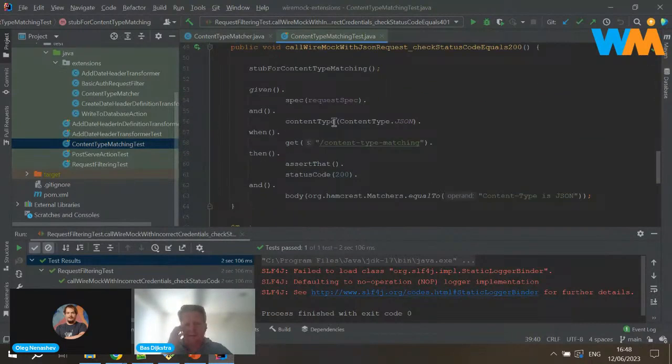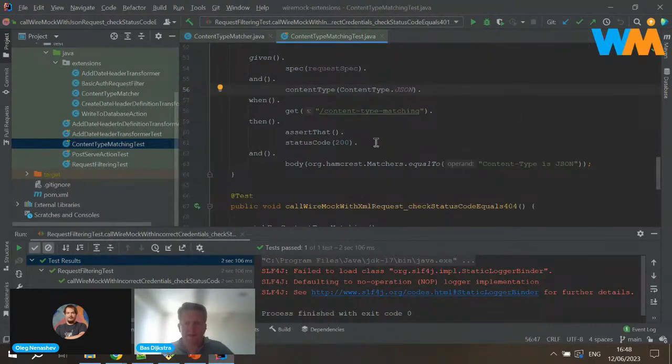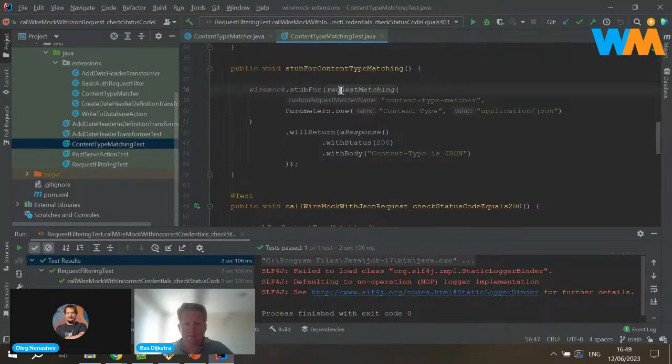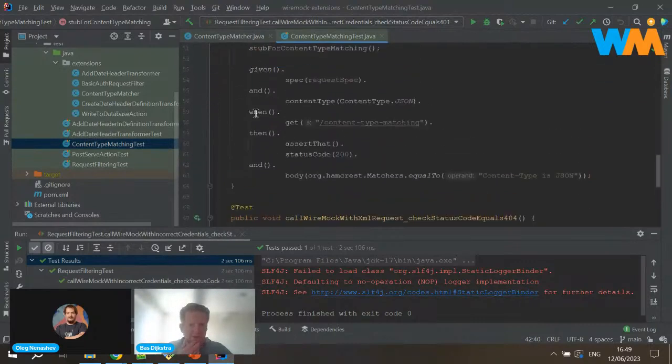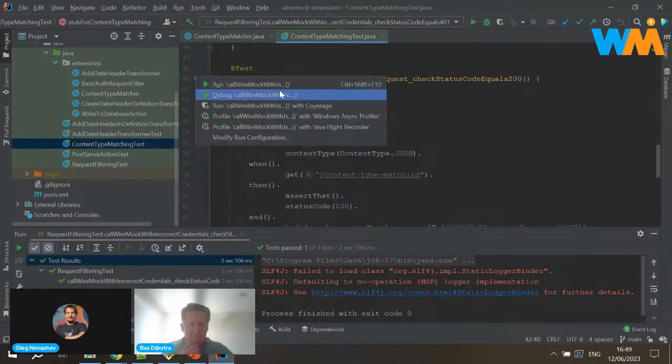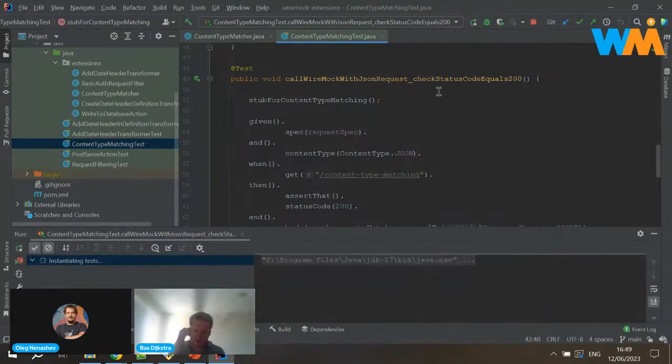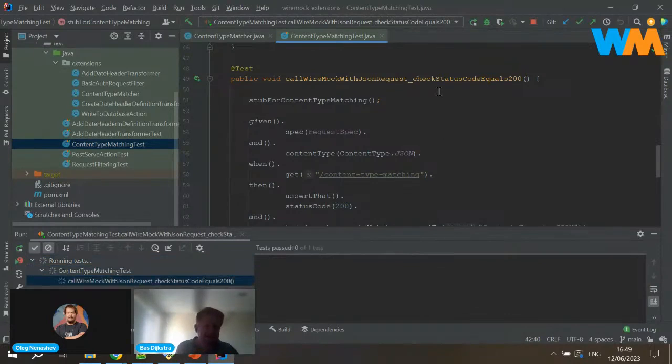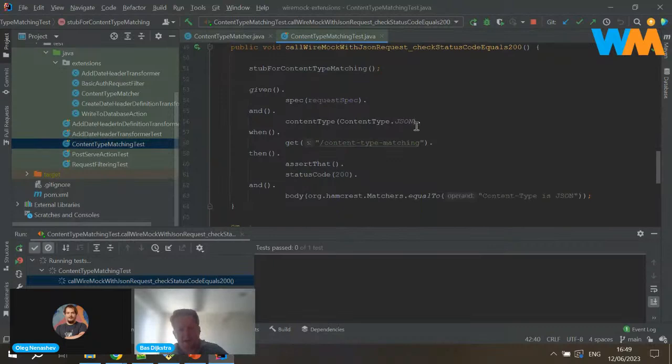And again, I've got some tests here where I say, in this case, I pass in the JSON content type, which is application/JSON. So this will match. So there's a match for this, which means that it's going to return this response. And of course, it's going to do that because I tested my tests, but just to show you anyway.